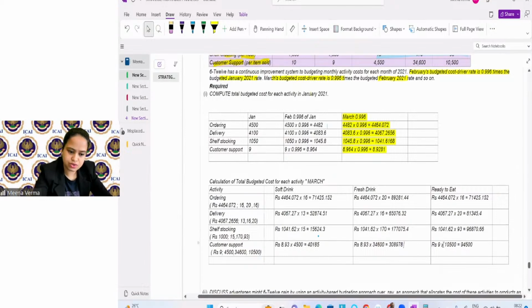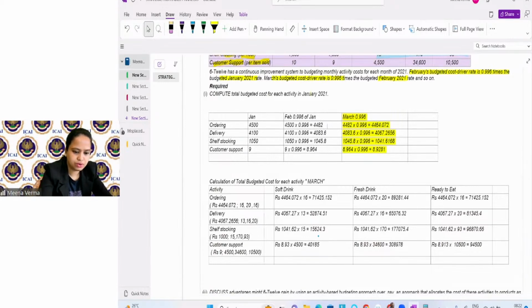So in this way, you can solve it. You will get the answer. Simple. 8.913 into 1050 equals this value. All right, so what I have done, we have refined out the value for March,